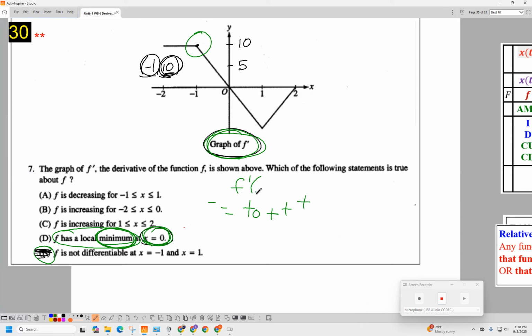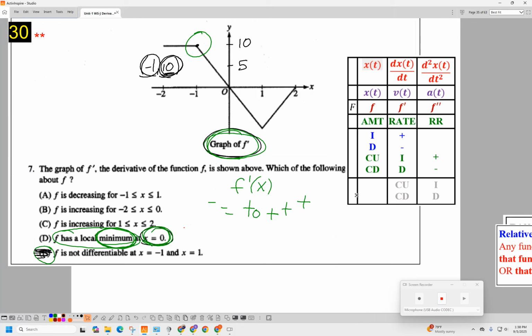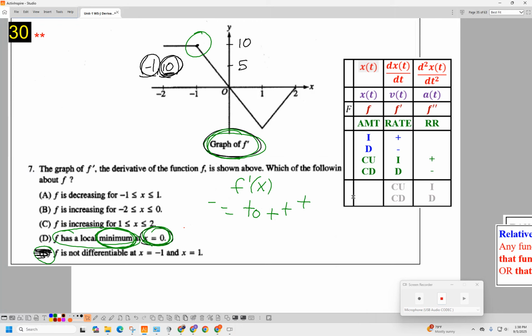The way I remember that is I use Danica's chart, and I have memorized that if f has a local minimum, that means f is going to change from increase to decrease. And I can see when that happens by simply observing when f prime changes from positive y values to negative y values. At x equals 0,